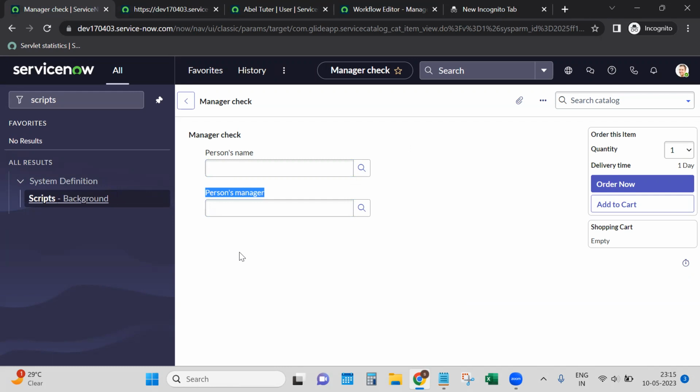We need to see if the person who has logged on, right? So for example, if I'm creating a ticket for Abel, Abel Tutor, second I will leave it blank. Say if I submit this request,